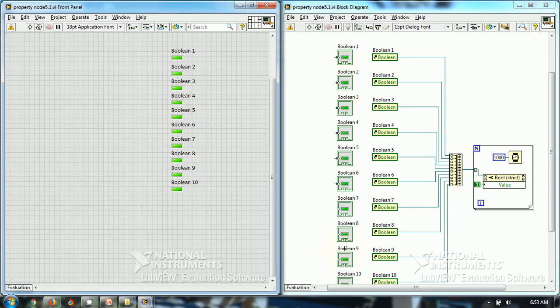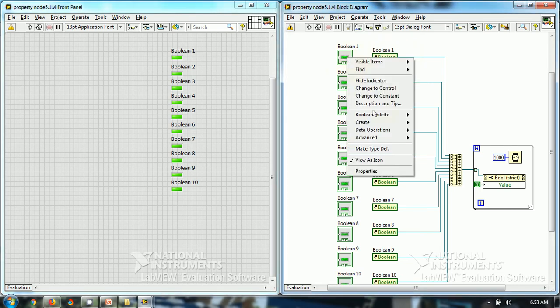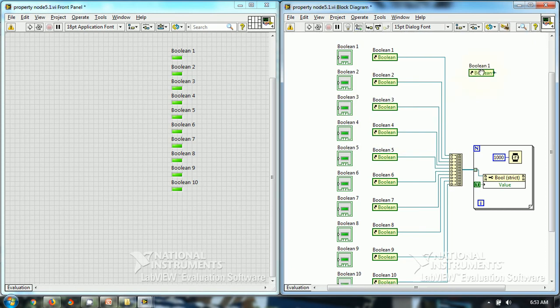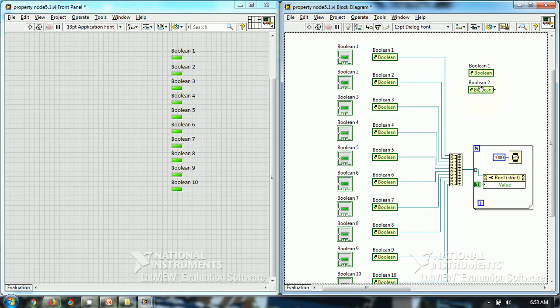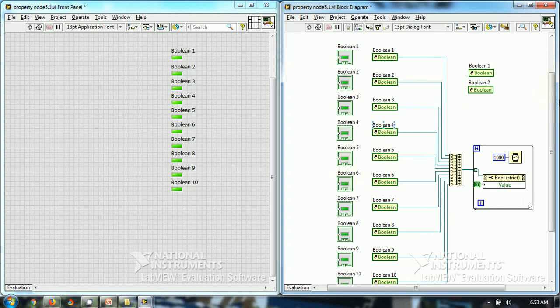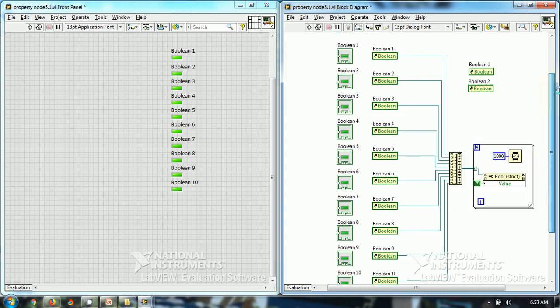I have taken 10 booleans and I have created a reference for each boolean. So how to create a reference for each boolean? You can create a reference in this way for each boolean. This is reference number 1. Create reference. This is reference number 2, and so on. So I have created references for all these booleans,